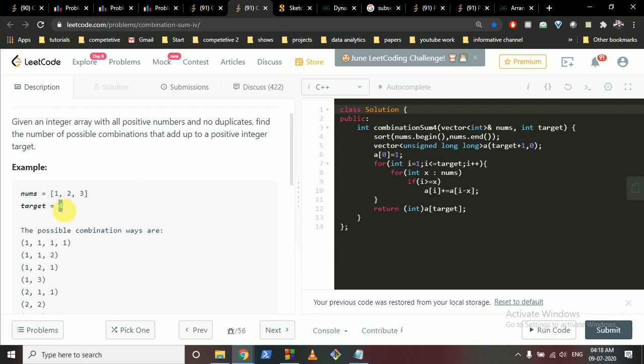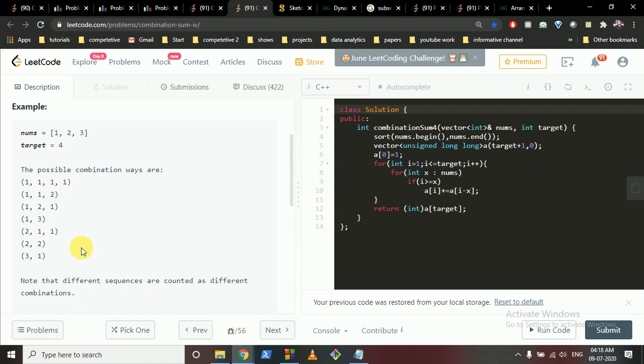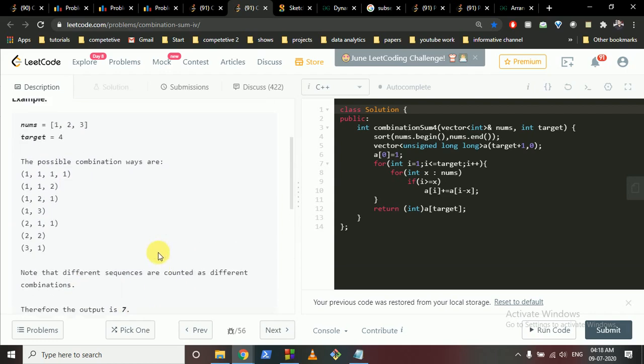So you have a target of 4 and you have to find out whether you can form this target 4 using all the nums. You can assume that these are coins, so you can use multiple coins to form this target. How many possible combinations can you form? You can take a 1 rupee coin 4 times, a 1 rupee coin 2 times and a 2 rupee coin 1 time, and so on. So the possible combinations, as you can see, is equal to 7.